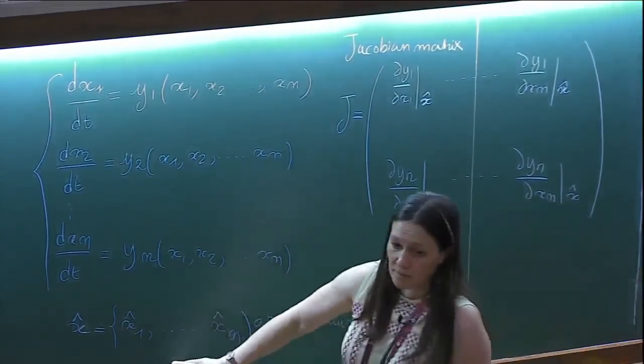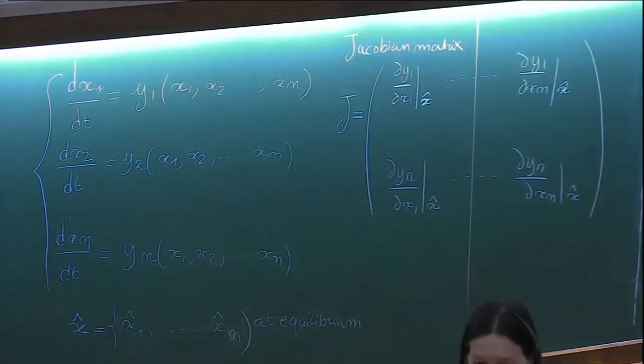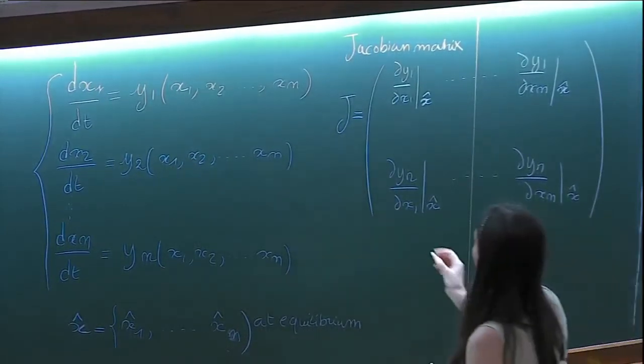So this equilibrium is going to be locally stable when what? When all eigenvalues have negative real parts. Okay. So we get